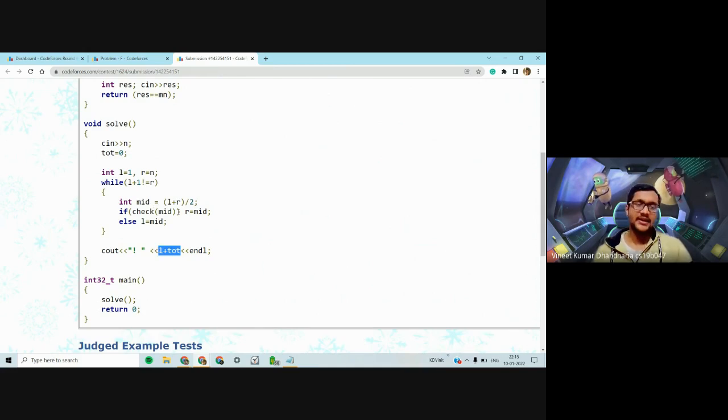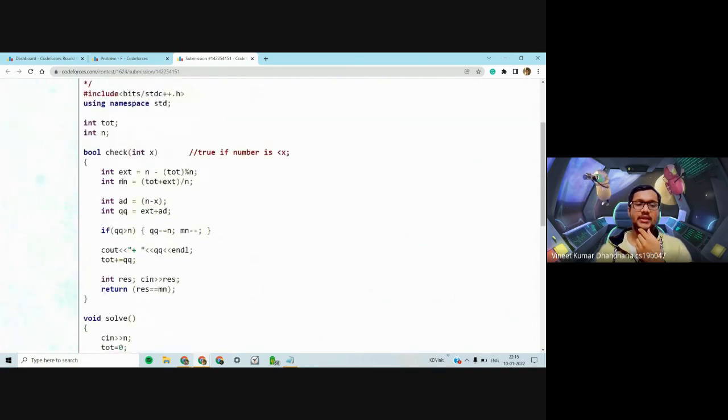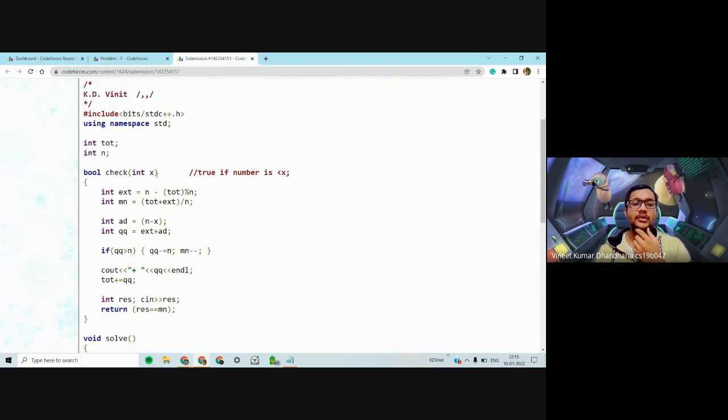Now the important thing is the check function. In the check function, we need to find if the original number X is less than K. This is a bit confusing.